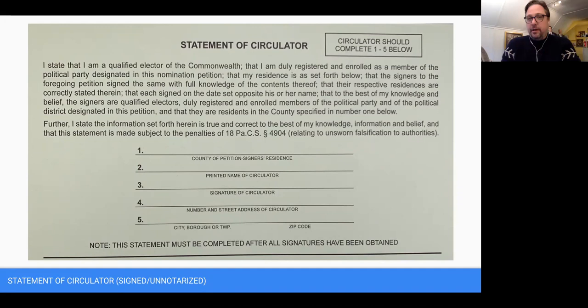And as a note on the page, when you have your final signature, let's say you have 15 signatures on one sheet, some candidates or campaigns will actually draw a line below the last signature, and have the circulator initial the petition there as well before they sign the statement of the circulator, indicating that no other signatures should be below that point. That is the safest legal means you have to keep from having additional signatures challenged on your petition.